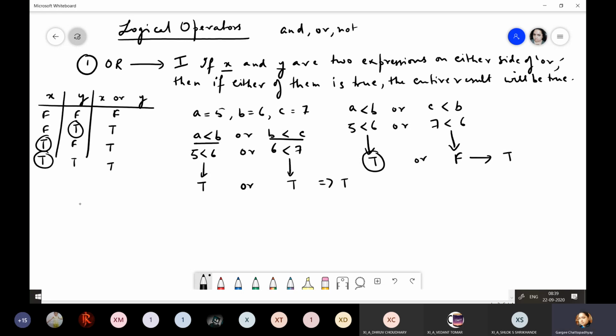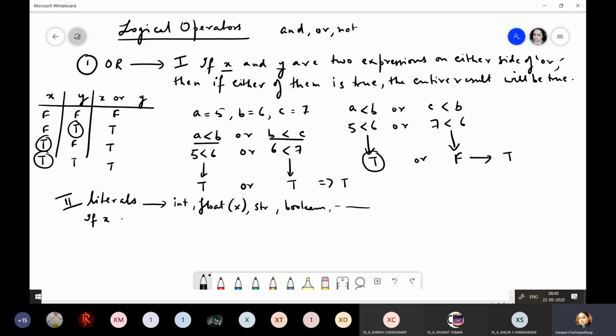What if instead of having those expressions, you have literals on either sides? Those literals could be integers, they could be float. Normally, you should avoid float because of some internal representation problem. They could be strings, they could be Boolean values. Okay, so any values they could be. That is literals. So now for literals, how this OR operator works. So please note it down.